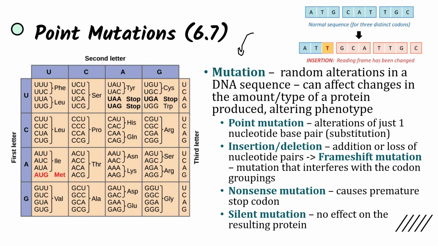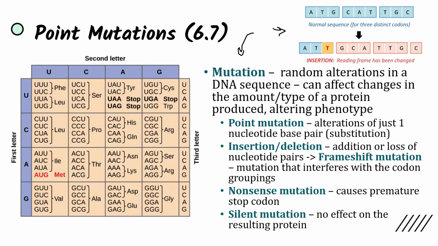And it can affect changes in the amount or type of a protein produced, altering the phenotype because of point mutations, which are alterations of just one nucleotide base pair. But even one nucleotide base pair can have a large effect. If a nucleotide is substituted for another, then the codon is different. If there's an insertion or deletion, where there's an addition or loss of a nucleotide pair, for instance here, where